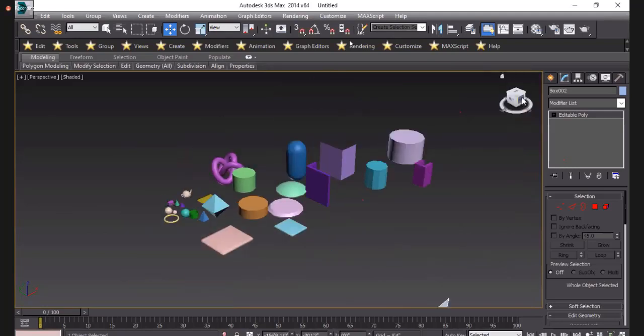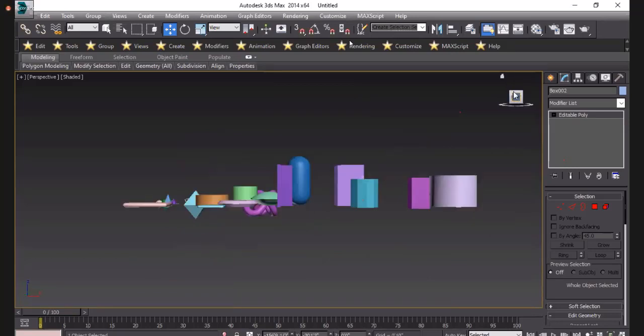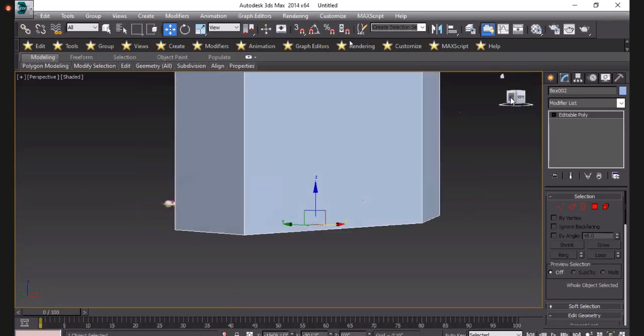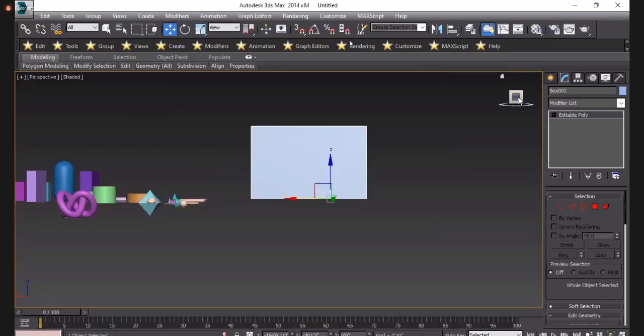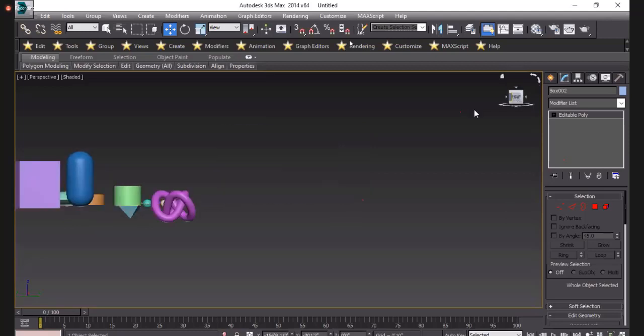So if you are seeing the front side, click on front. Then if you want to see the left side, go left, then back side. This is the right side.